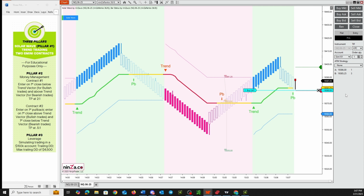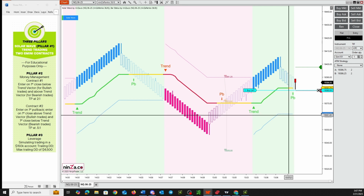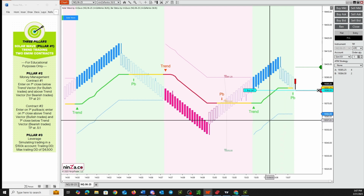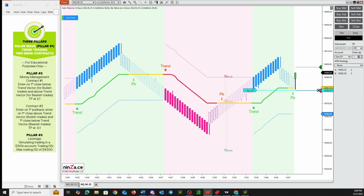Come on, don't leave without me. This might be the first structured trade that we actually have going for us this afternoon. Again, this model and the trend model is, you have to have structure in the market for it to work for you. So it's not going to work all the time. Once you have structure, this thing works beautifully. So that's what I was afraid of. So if I miss this,